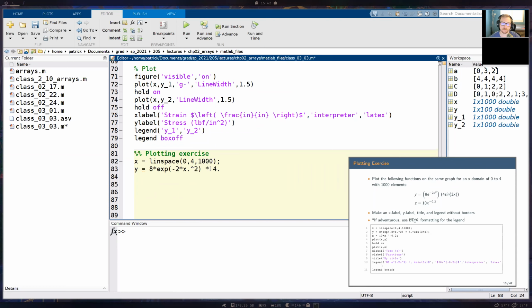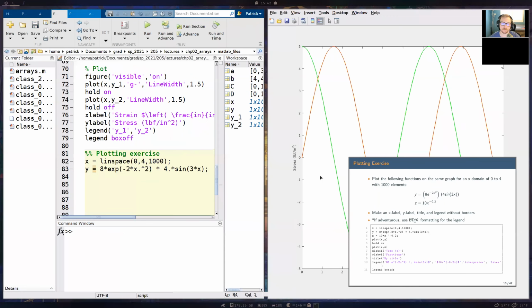Remember, trig functions are vectorized functions. So because of that, we need to have element by element multiplication here. So we're going to do sine of 3 times x. Alright, so there's y. If we run this right now, then we're good.